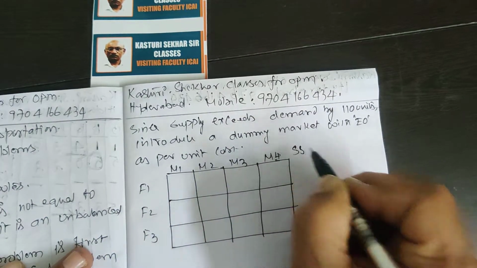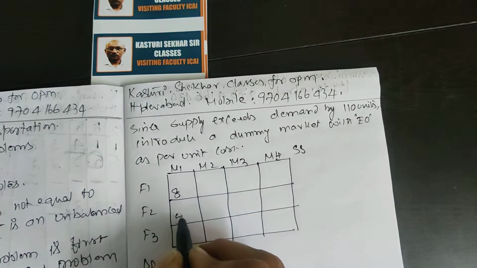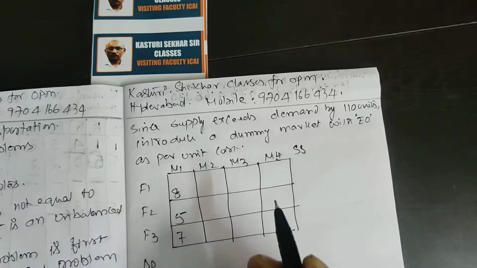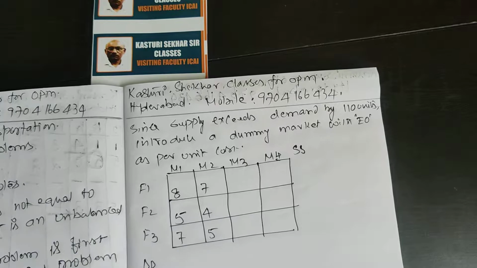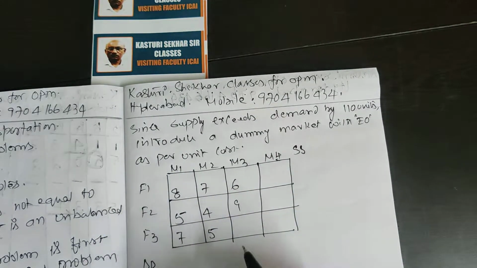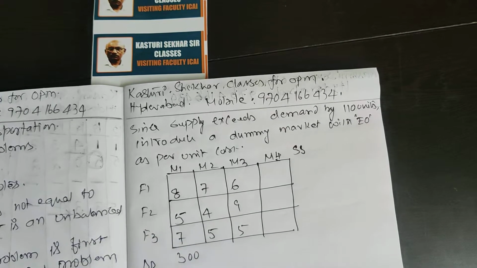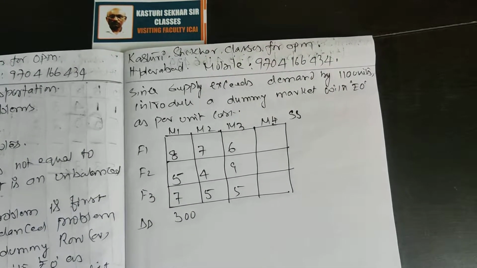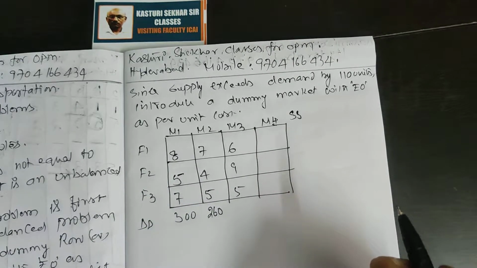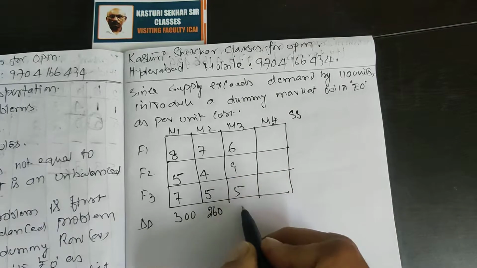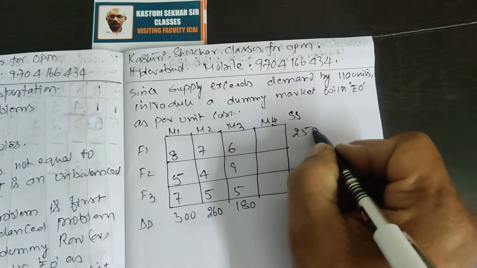Supply, demand. Per unit cost is 8 rupees, 5 rupees, 7 rupees. Here it is 7 rupees, 4 rupees and 5 rupees. 6 rupees, 9 rupees and 5 rupees. Requirement at first market is 300 units. Requirement at second market is 260 units. Requirement at third market 180. Supply from first factory 250,